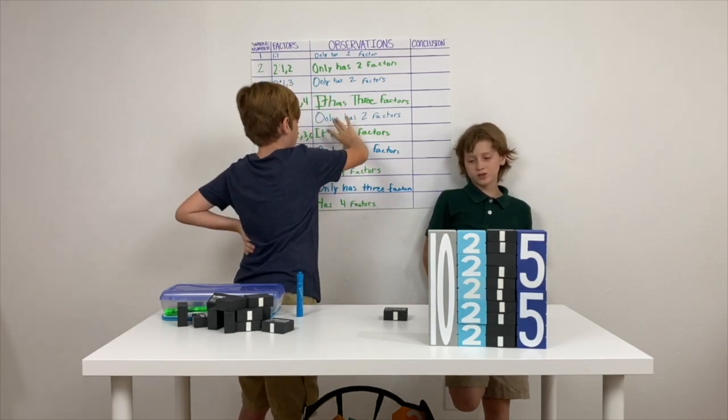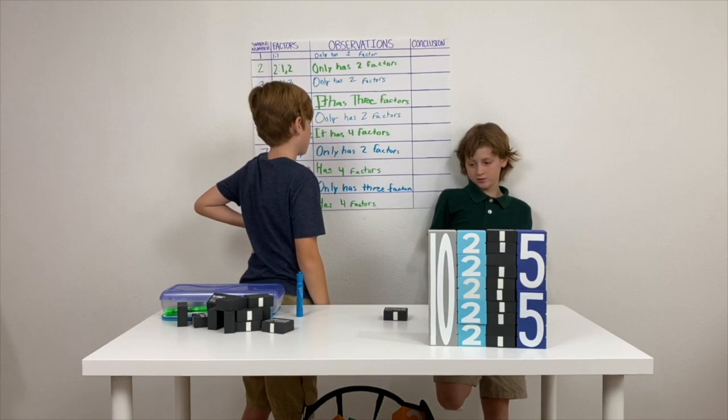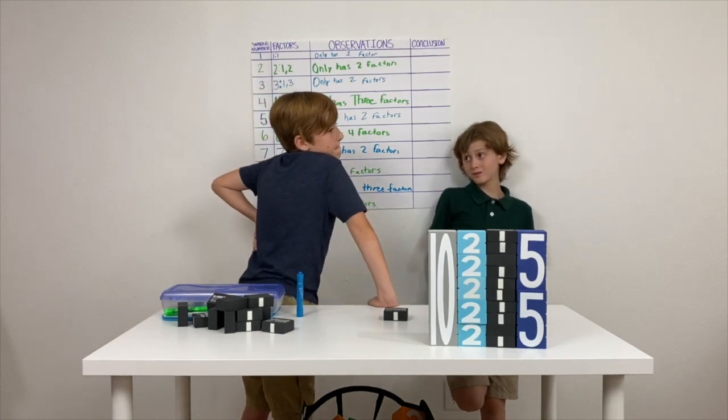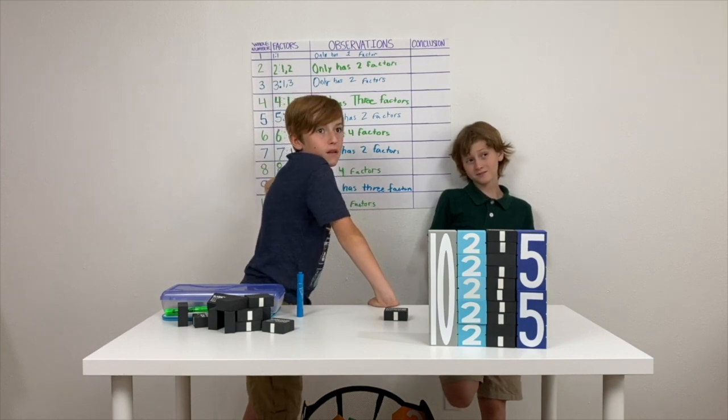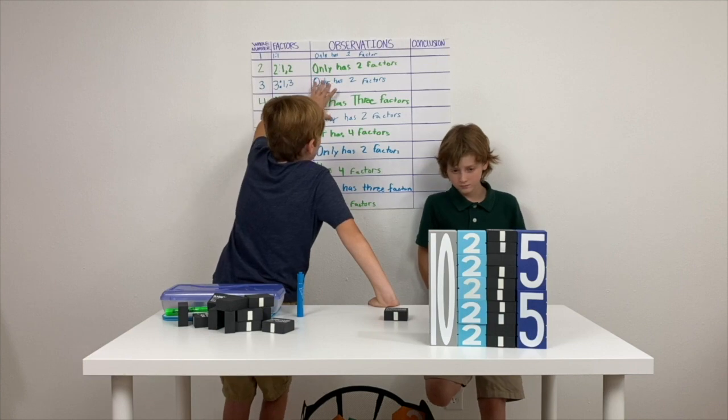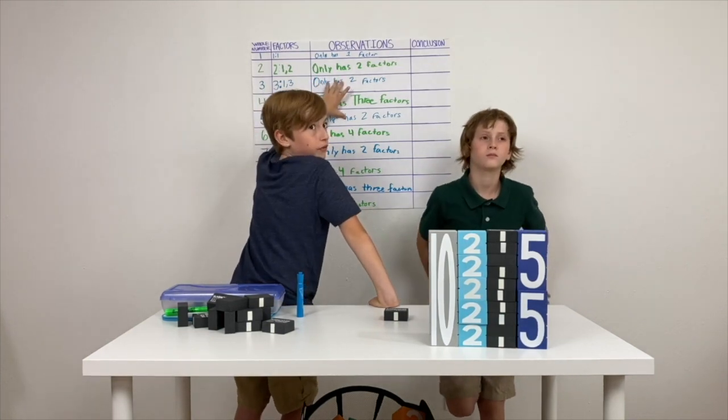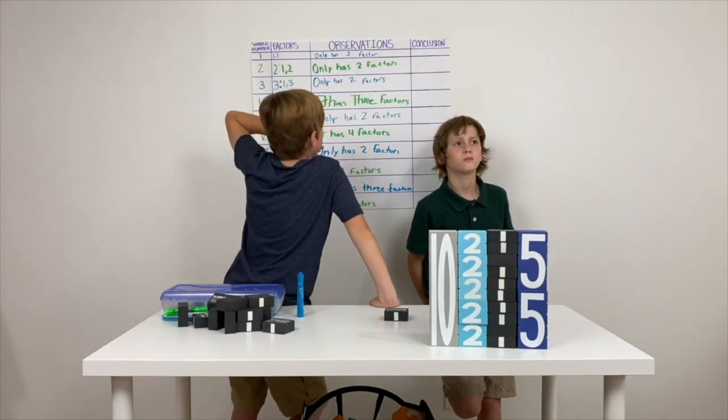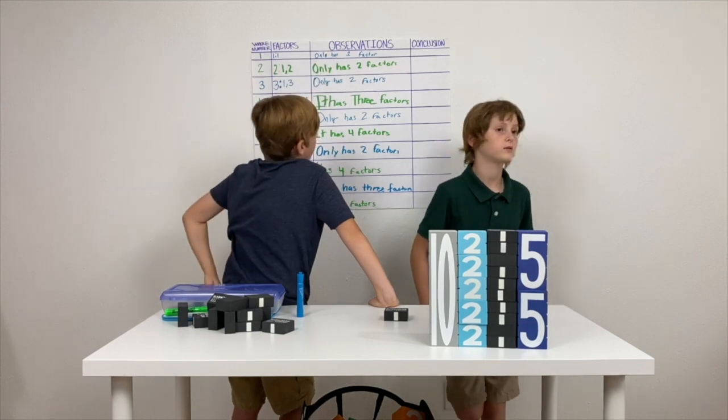Like 3 is odd. But then 1 is an odd too. It could be in the group. And 2 is an even, and it only has 2 factors, so that wouldn't work, would it? No, like we could do the odd, even and odd factors. But numbers with even factors. But would that-